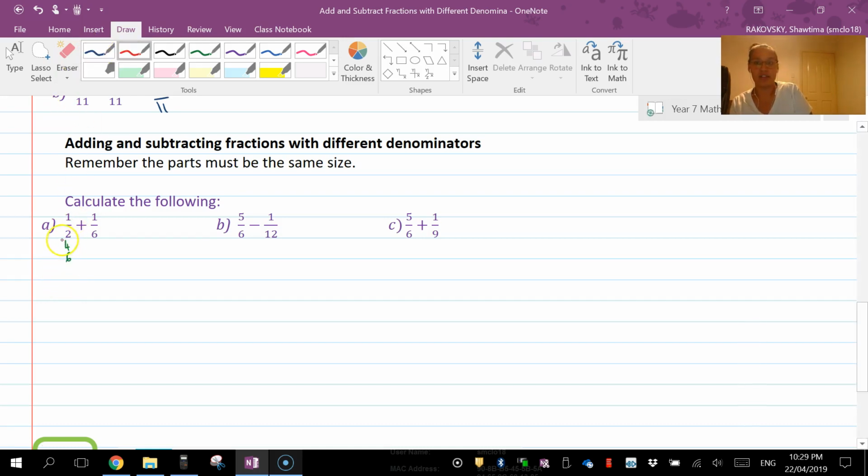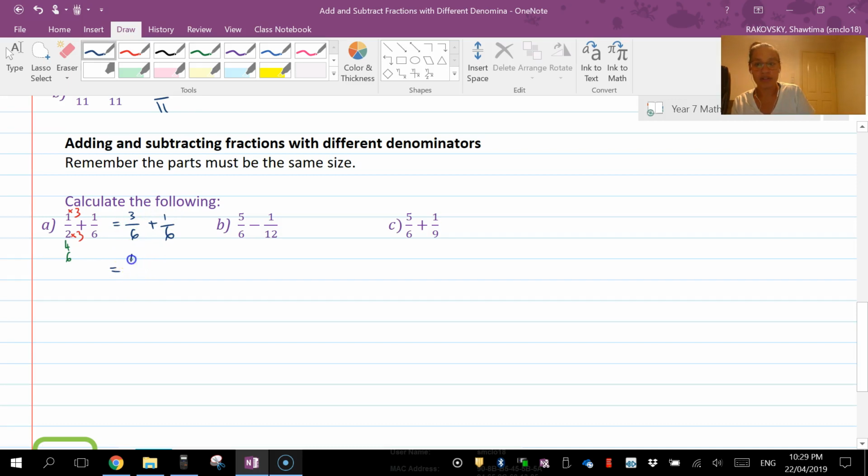So that's going to be 3, and whatever you do to the top, you must do to the bottom, and whatever you do to the bottom, you must do to the top. That's because I'm creating an equivalent fraction here. I do not need to do anything with this 6 here, so that's going to be rewritten as 1 times 3, 3 over 6 plus 1/6. That then gives us